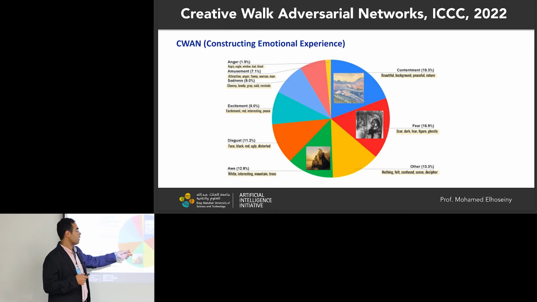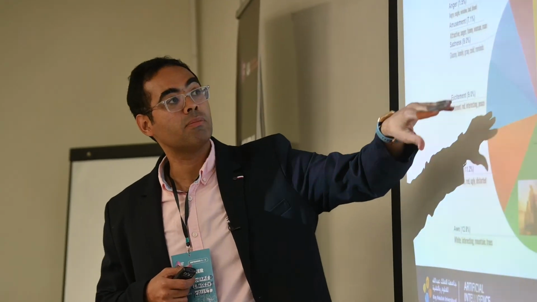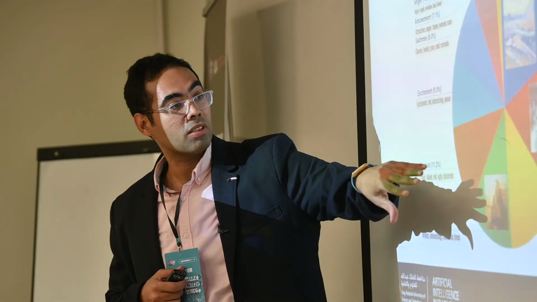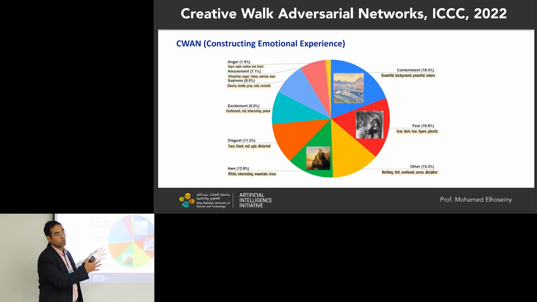One aspect of the analysis that is already there is the diversity of emotions, right? So you can actually analyze that. These are the range of words that people use to describe the generations, right? So 19% is contentment, the next maybe 16%. So this is an aspect of the analysis, and that shows some differences from the emotion side, right?